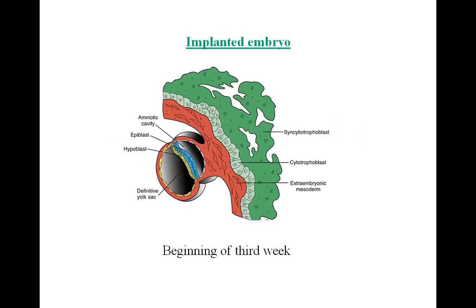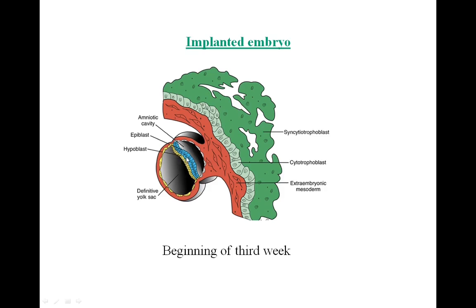This is at the beginning of the third week. You can see that the embryo is implanted, and you can see the embryonic disc where two cell layers are present. These are the embryoblast. They will divide into two types of cells. The blue one is known as the epiblast, and the yellow one is known as the hypoblast. From these layers, particularly from the epiblast, all the germ layers are formed,